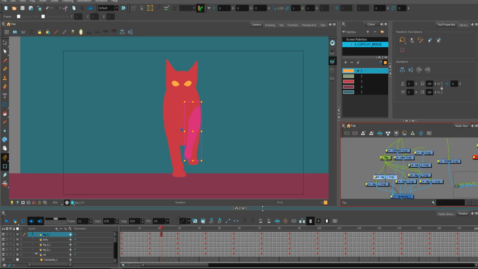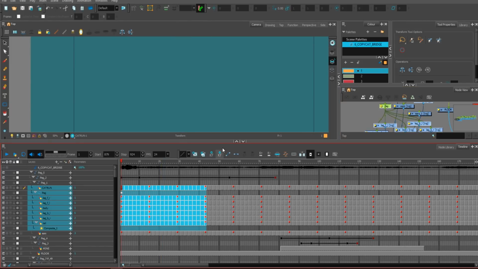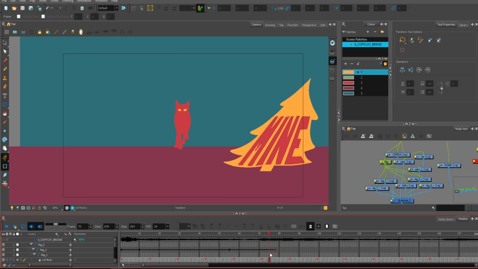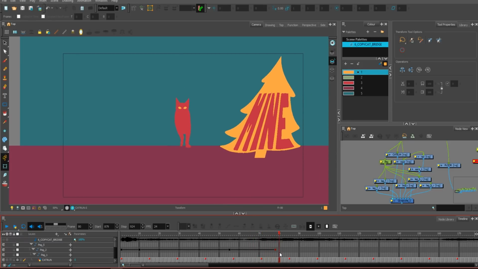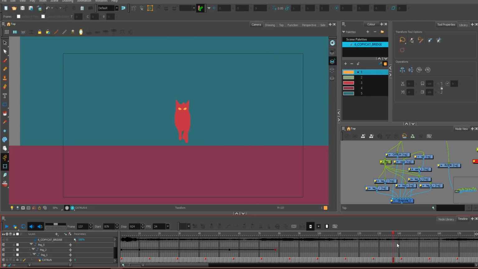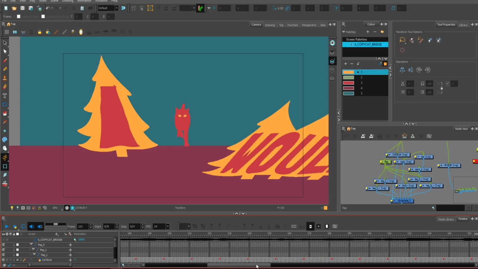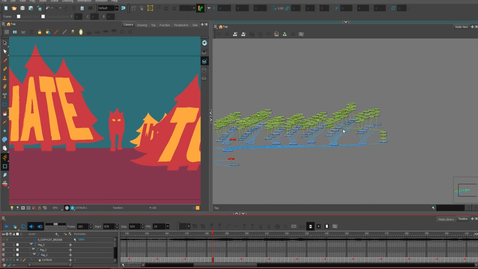So if you focus on this, it might look crazy, but it's what it is. This cat is running with every single part on each separate layer. So once I had this, I could reuse it over and over, the entire animation, and I decided to have those pine trees going from the front to the back, and I was thinking about how I can do it to make it look cool, and I decided to use, and this will look also crazy if you take a look here,